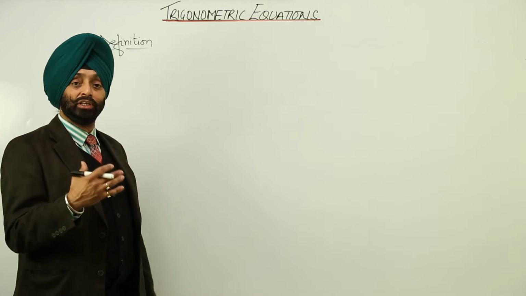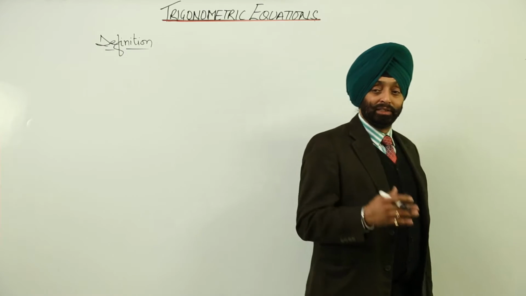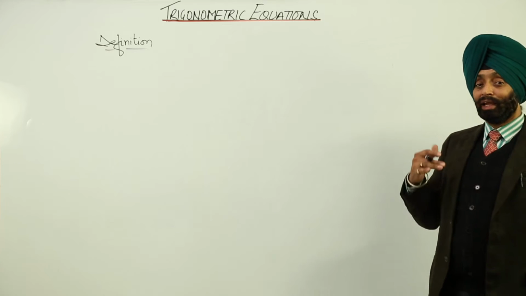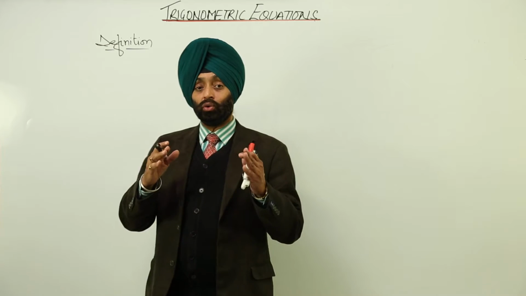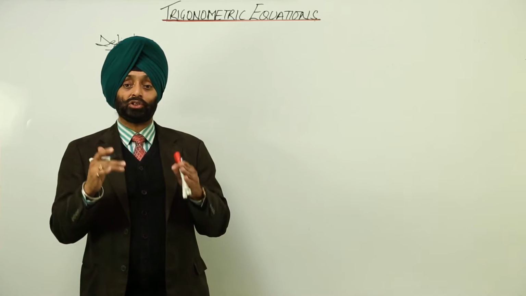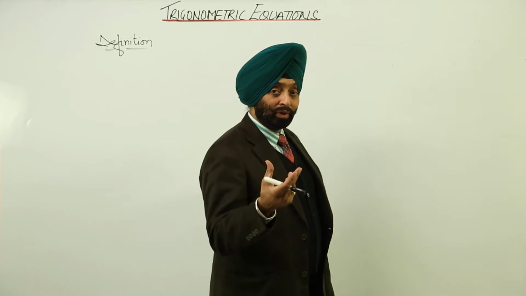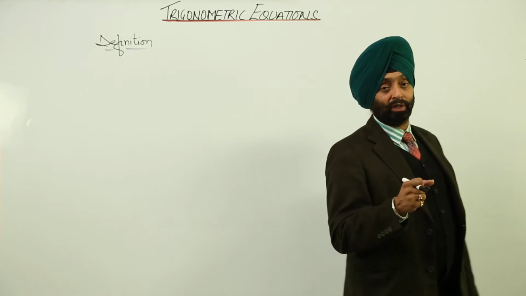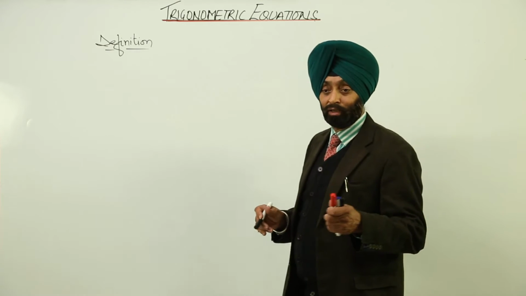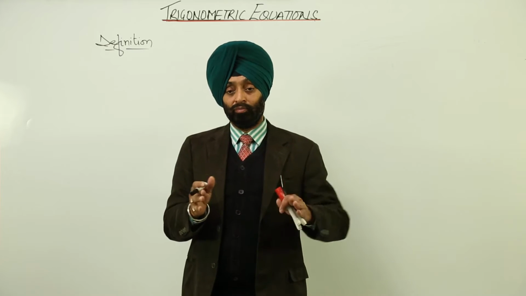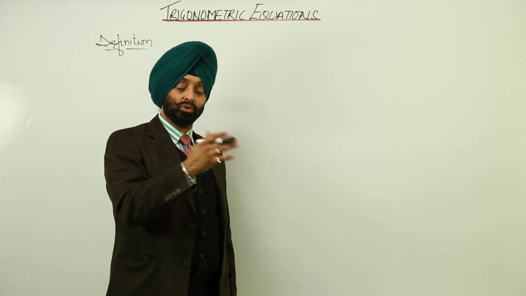Now what basically is an equation? Suppose I am asking you that sin theta is equal to 0, then what can theta be? Suppose you were in class 10th, you were aware of only the first quadrant. You used formulas like sin(90 minus theta), cos(90 minus theta), meaning from 0 to 90 only. Now we have gone through a complete cycle, from 0 to 2 pi.